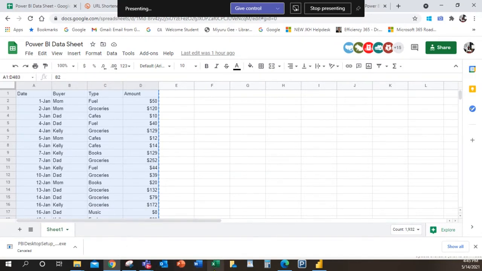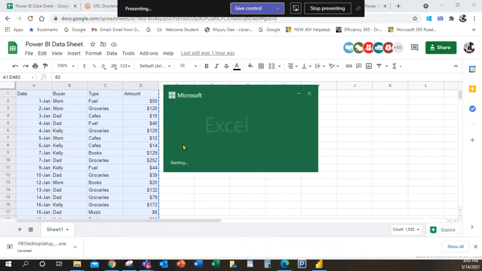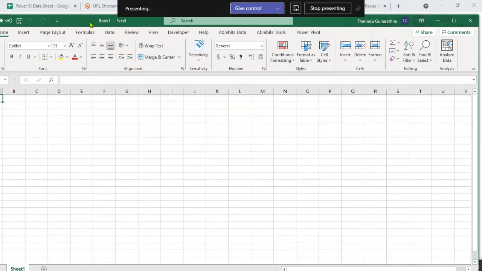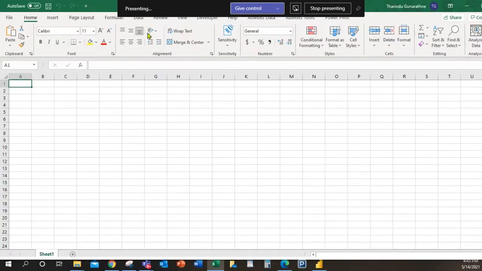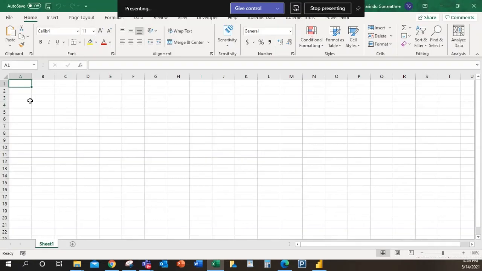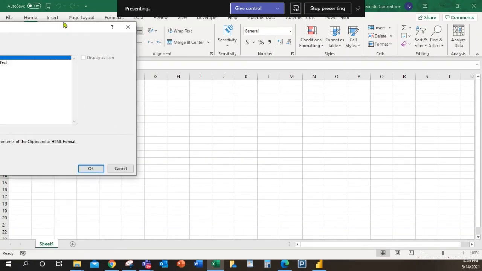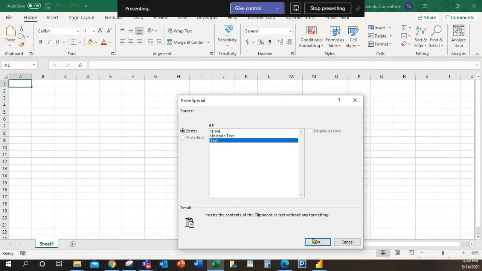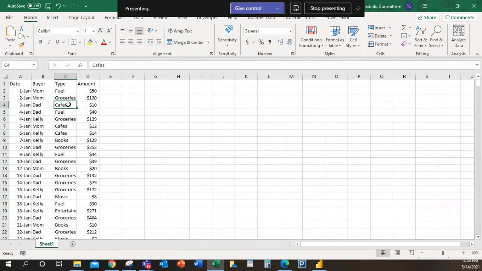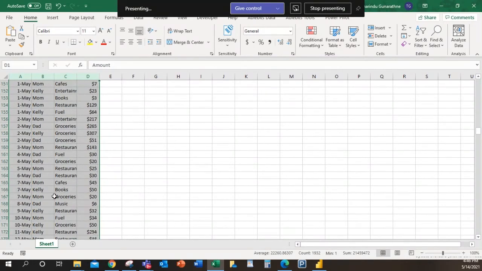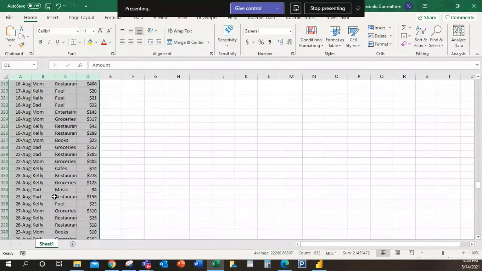And I'm going to Excel. And I'm going to paste the dataset here. Paste special, text. Now you can see the whole datasheet got copied to my Excel.